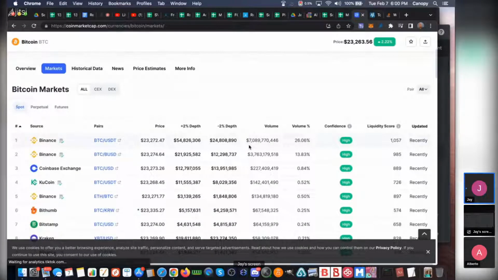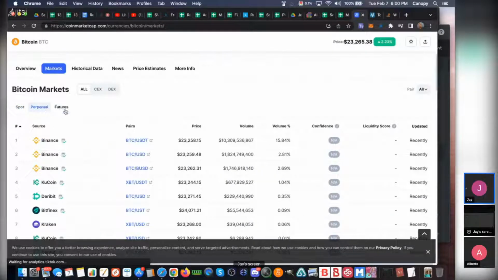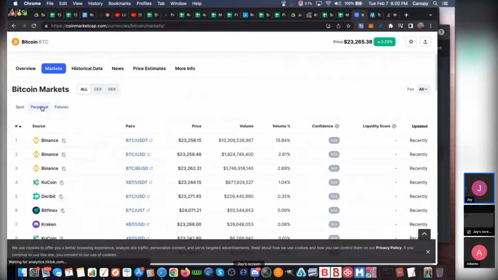The biggest one in the spot is 7 billion. The biggest one, perpetual, which is always the largest, is 10.3 billion. Futures is nothing, right? So we're just looking at the 10.3 billion. I do believe there's a way to get